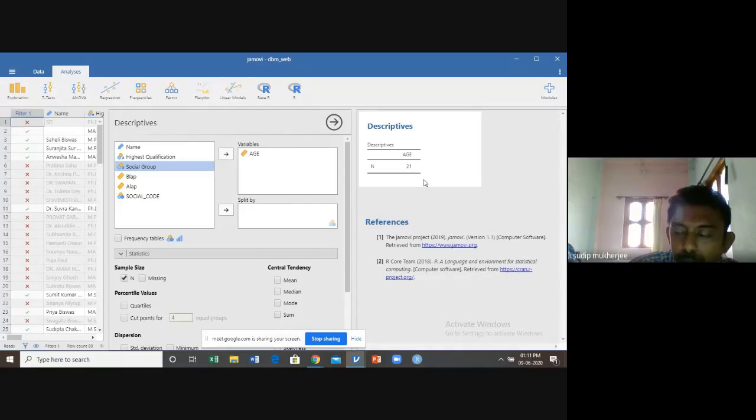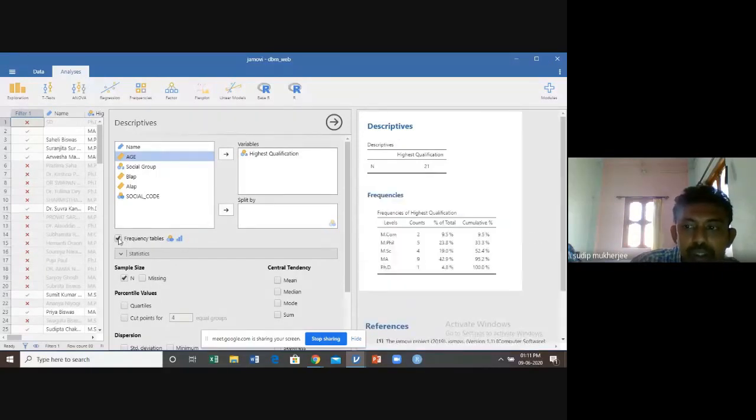In a similar fashion, you can filter on any of your interest and calculate the frequencies. Now we are also interested in who the young participants are. Basically, what is the highest qualification of them? So we just click on highest qualification, and we just click on frequency tables.